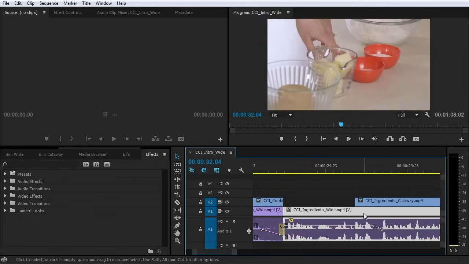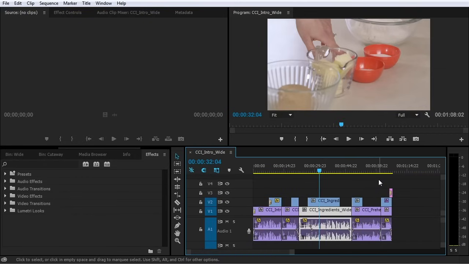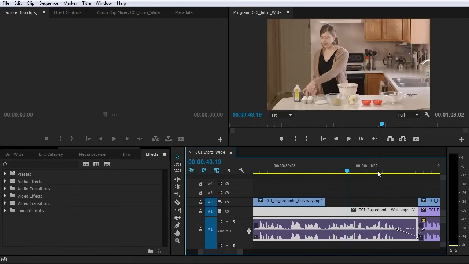And that's a really fast way of making some targeted volume adjustments. If there was a section that Cheryl maybe trailed off a little bit, maybe at the end of a clip,